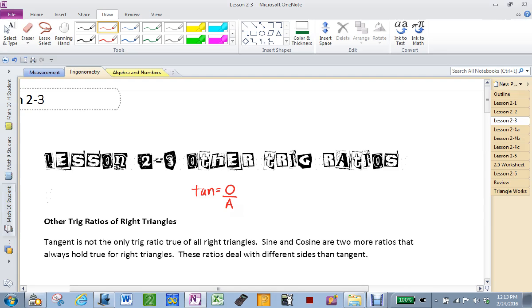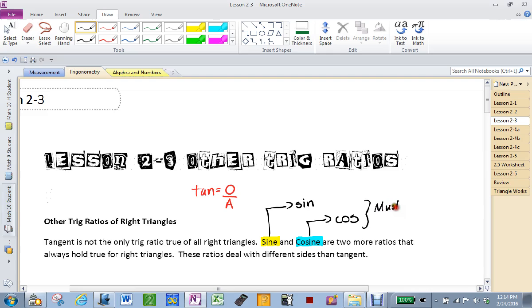Fortunately for us, people have worked out the exact same situation with tangent, but using the hypotenuse. One of those is sine. On your calculator, that is the sin button. The other one is cosine, and on your calculator, that is the cos button. So we are going to use those. All right? Sine and cos